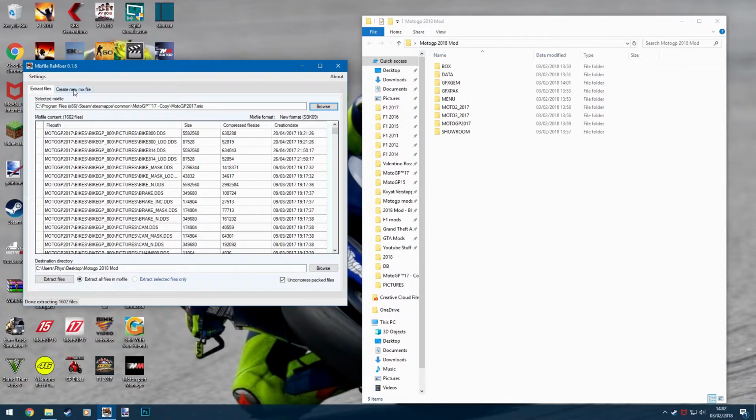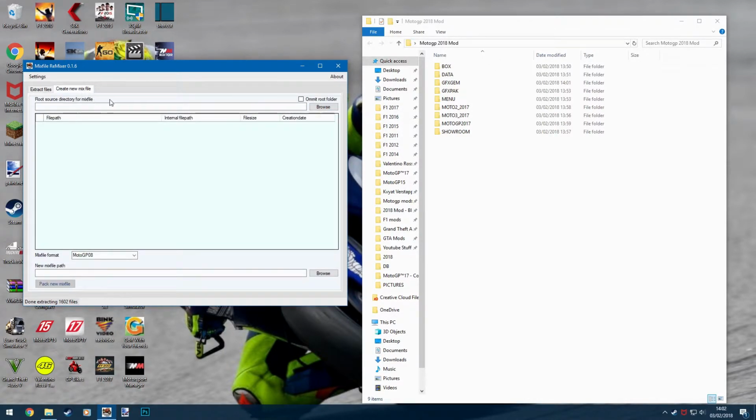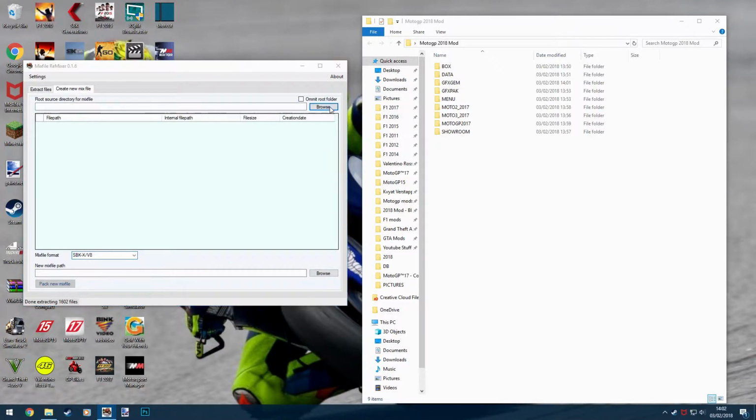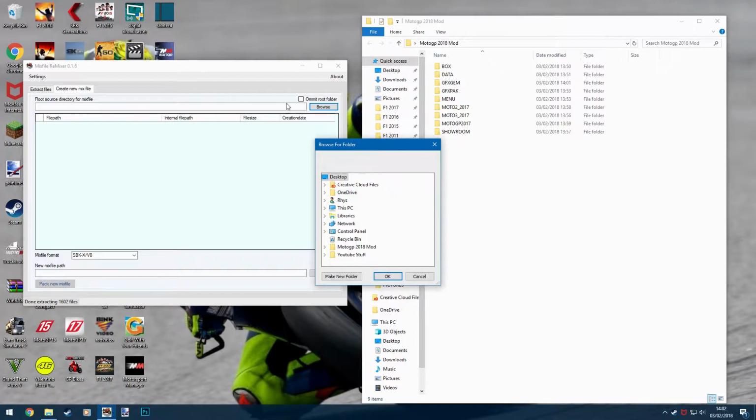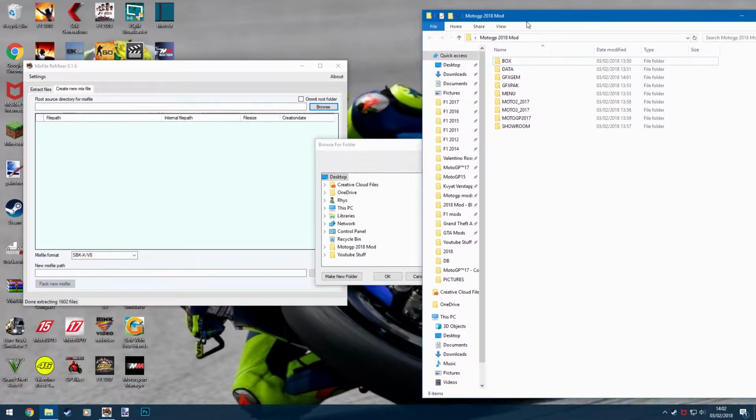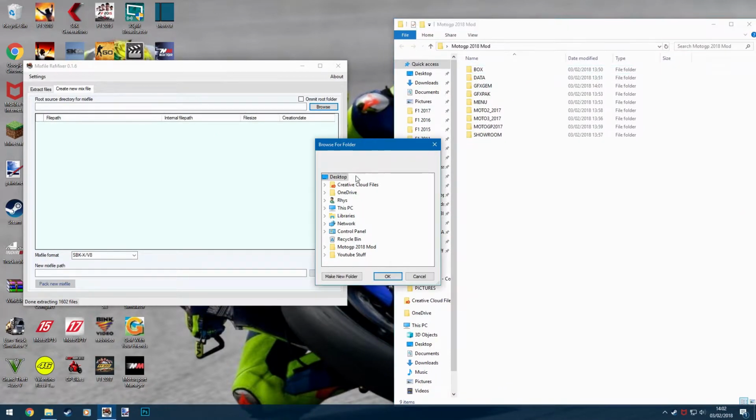So this time you want to click this other tab here, it says create new mix file. And then you want to change this from Motogp 08 to SBK-X/V8. It might already be on this if you're using a newer version of the Mix File Remixer, because obviously they don't really use SBK09 or Motogp 08 type mix files anymore. So you want to press browse here, and navigate to this file here, this Motogp 2018 mod file. So it'll be this PC desktop again like it was before, and then you want to just pack all these again. So just start with box,